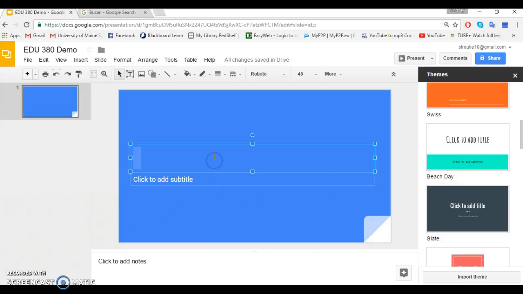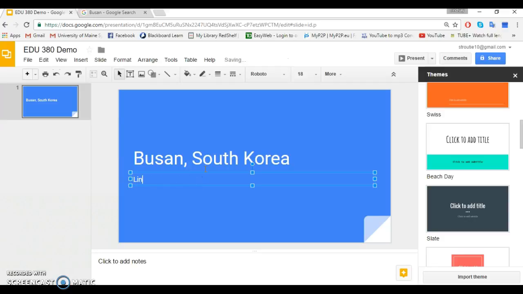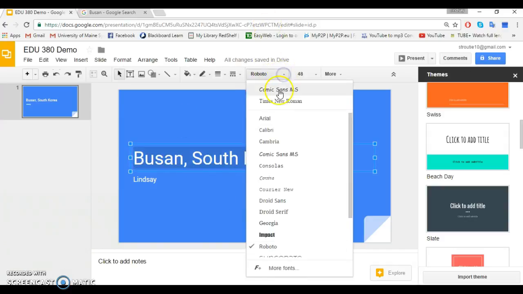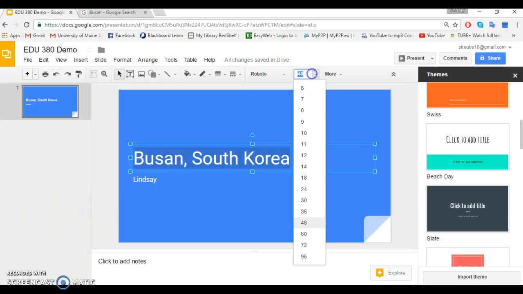So as with anything, you're going to add your title. I'm going to call this one Busan, South Korea, and a subtitle, which is usually your name or date. So I'm going to call it by my name. And with this, you can change the font here. You can select your own font and select your own title size. So if we go bigger,